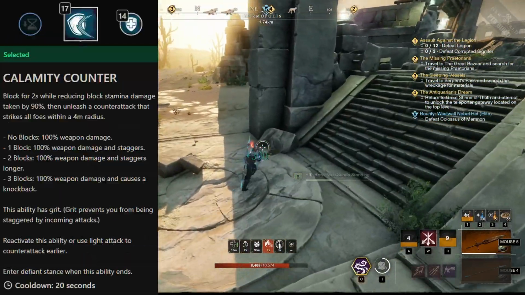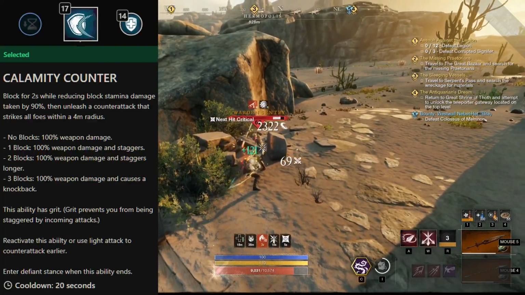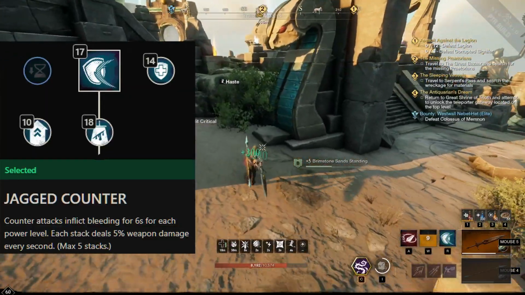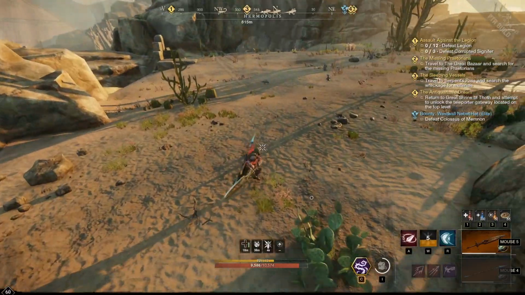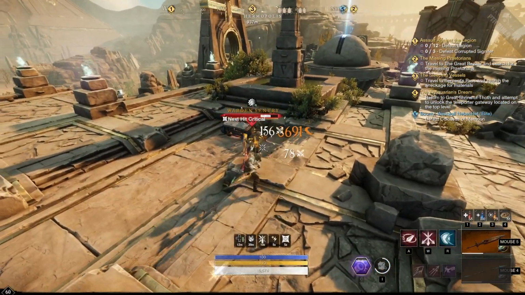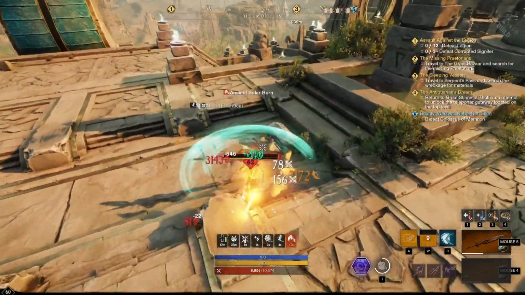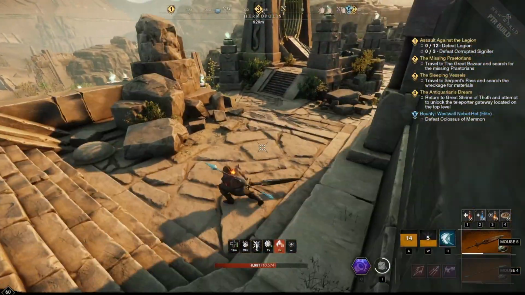enemies. Calamity counter has the benefit of being a very nice quick safety switch when you are running a glass cannon build. It can also apply bleeds, and it has the added benefit of kinda letting your build double a bit more as a PvP build as well. Now, crosscut isn't really a PvP ability, but overall, between those three abilities that you'd have at that point, you'd